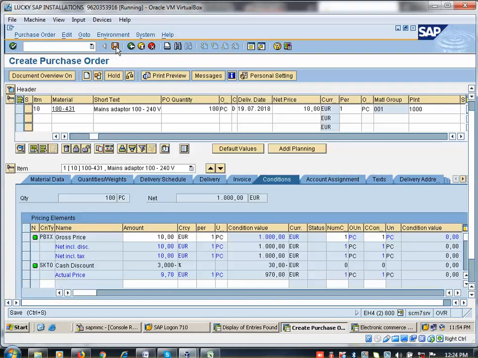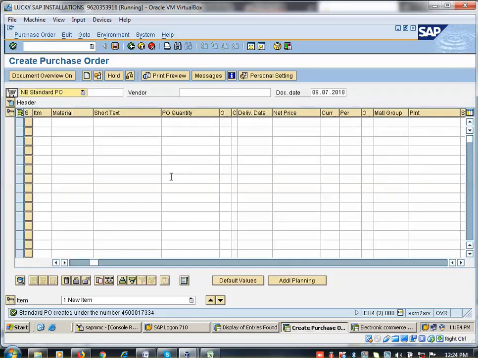So then click on save. This is the PO creation. Once the PO is created, it will go for manager approval. It will go for clerk approval or like that, different. But in my laptop I am not configured. Tomorrow session I will show you how approval process will work. Okay. So you try to create PO today.